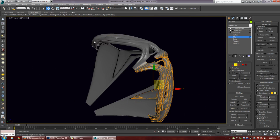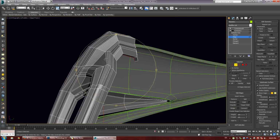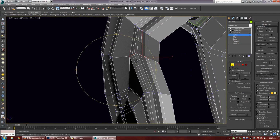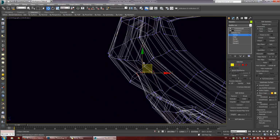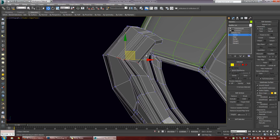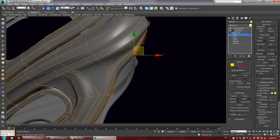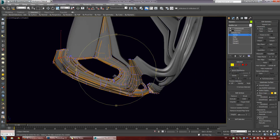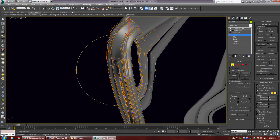So you can see here, there's just a little pinch going on. So from underneath, I'm just going to take a look at why that's happening. And you can see here that it's because of these edge loops. I'm just going to pull these flat. And you can kind of get a feel for it as you're working on the mesh, removing pinches from all different angles. So you can see now we're not getting that weird kind of stretching,